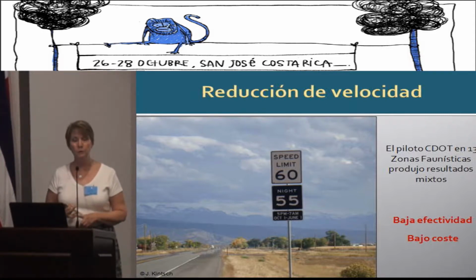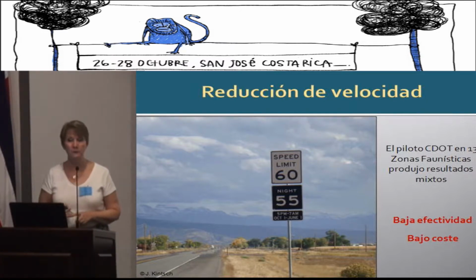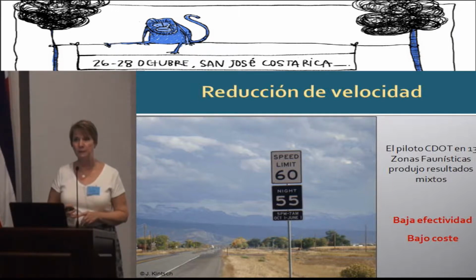The faster you go when you hit something, the harder it will hurt. But with wildlife, it's not yet really very solidly looked at whether or not a reduced speed will actually help. So I would personally suggest that if that's one of your recommendations, unless you're talking in an area where you have a national park where people are going to, or a wildlife refuge where people are actually going for the purpose of watching the animals and they want to see them and they do not want to drive over them,